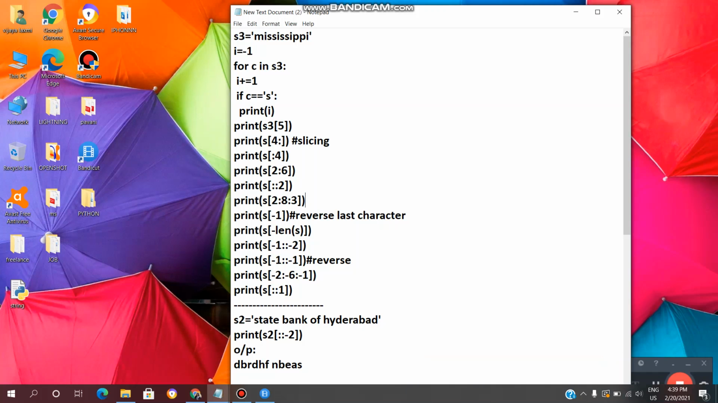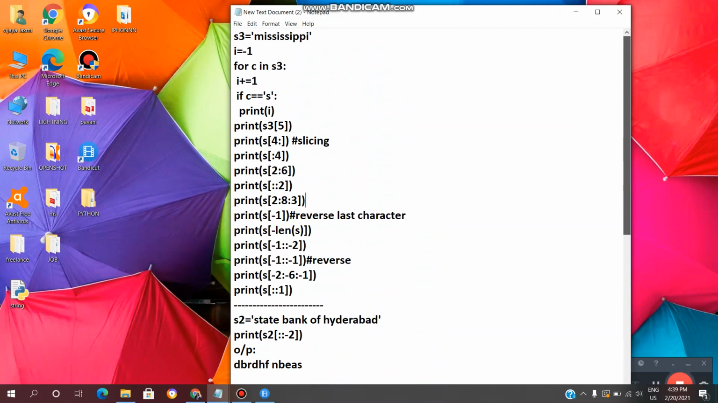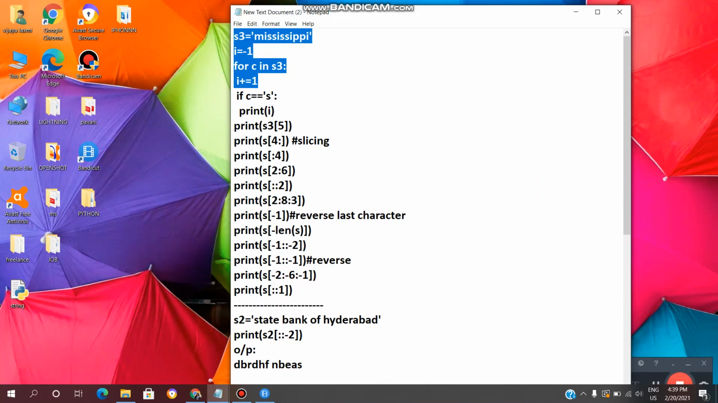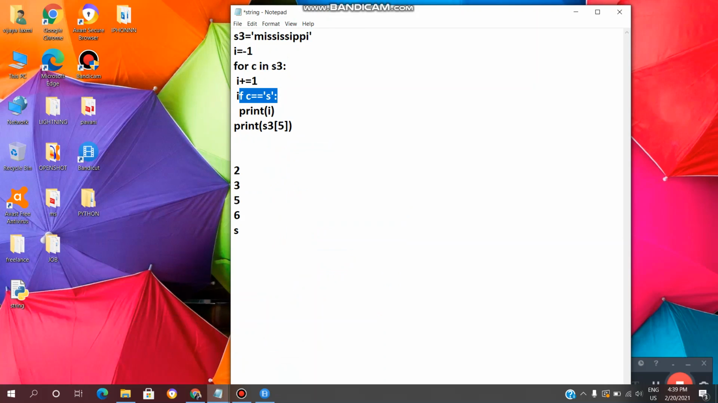Today in this video we will see the concept of slicing in string and also some built-in methods in the string. So let's get started. This is the concept of slicing. So I'm copying all this code and I will execute this code. So copy this and open one more notepad